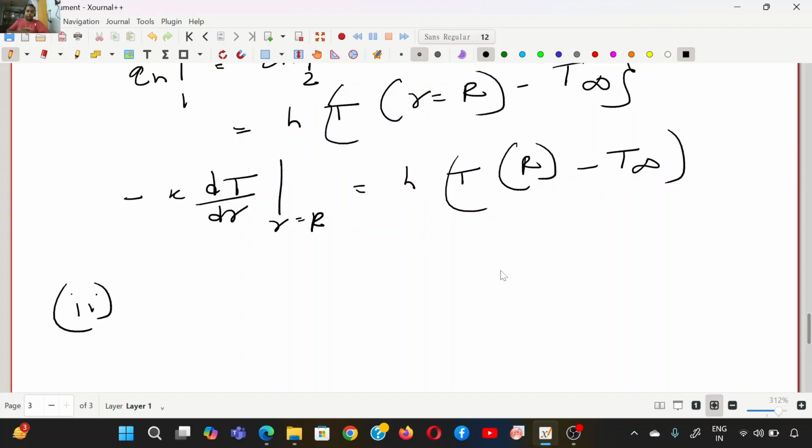Can you think of the second boundary condition? This is the symmetry boundary condition. We also used it in the fluid mechanics problems. See, if you have two surfaces, you can use two boundary conditions. For example, in Cartesian coordinate, at x equal to 0, at x equal to L, you apply the two boundary conditions and you solve. For cylinder, it's got only one surface, right? r equal to capital R. So it's only one surface in the cylinder. So we apply the symmetry boundary condition,